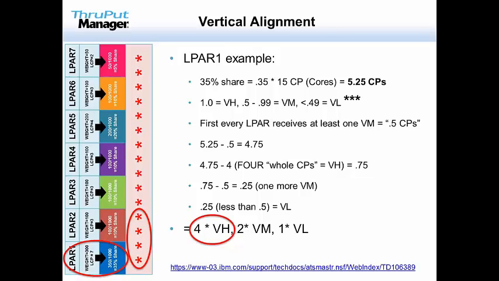And in a nutshell, what I will say is if you have a calculation of less than 2 for a very small LPAR, the normal math would say, well, I'm going to get a vertical high and a vertical medium out of that. The problem that they were seeing in the Z13 is it is possible that that vertical high could be on one node and the vertical medium be on another node, and then the overhead is actually worse because they are not sharing a lot of the same processor cache further up the tree. So a decision was made to change that, and the result is that you will get 2 vertical mediums rather than a high and a medium, and they will be on the same node.